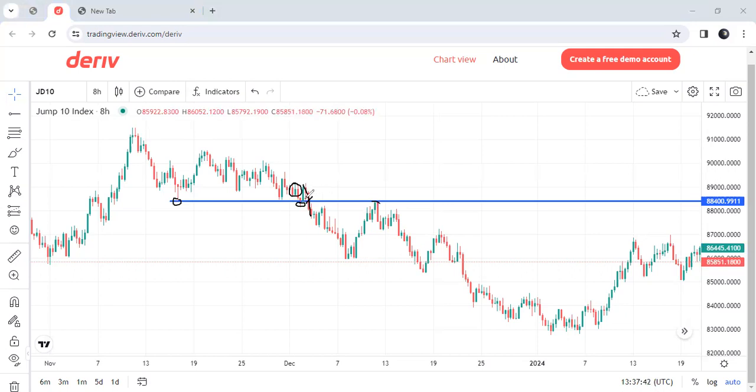This potential continuation pattern is also valid, but it looks as if it was tested here. So we will mark it together with the breaker structure. In short, here we have two opportunities, meaning we are selling. The first opportunity is what? Support that turned into resistance. The second is what? The drop, base, drop. These two mean we are selling. We are pushing the market down.